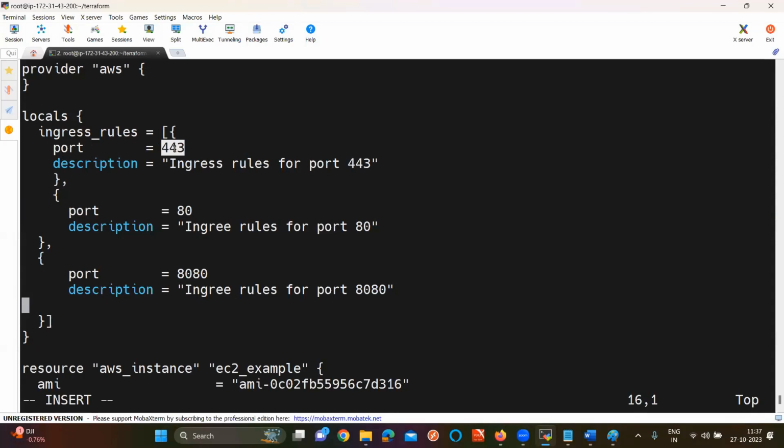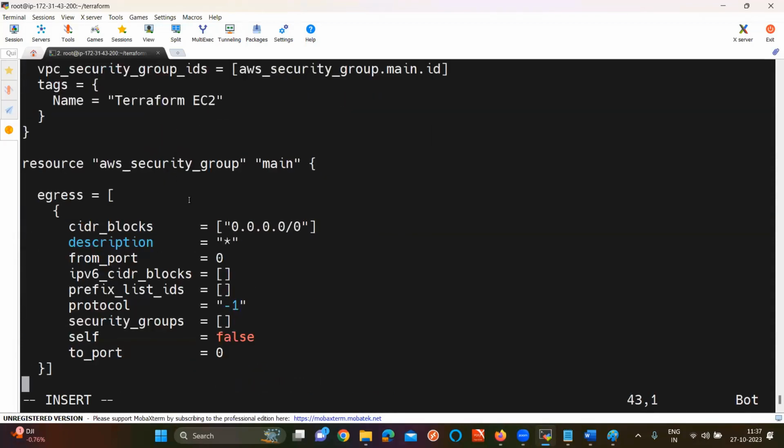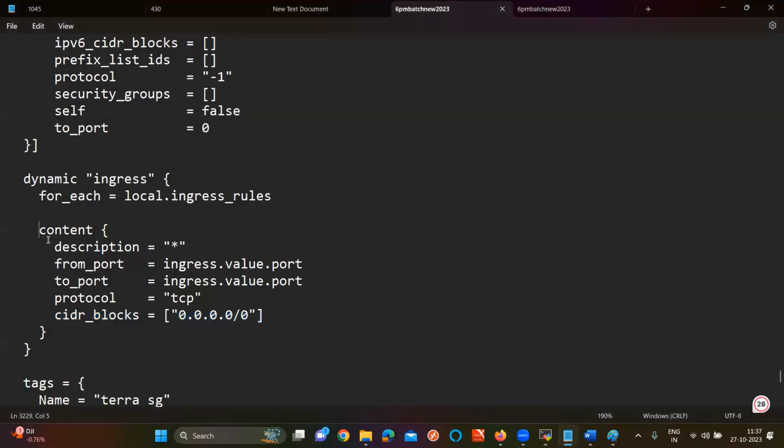If I don't do this, I need to write the blocks like this. For 443, this much code. Again for 80, this much code. Again for 8080, again this much code. That means I need to write multiple codes for it. Instead of writing multiple codes for different port numbers, I am calling the port numbers from the local block ingress rules.